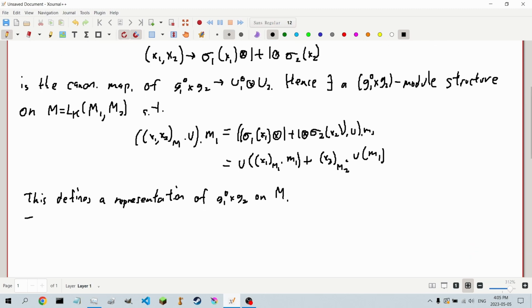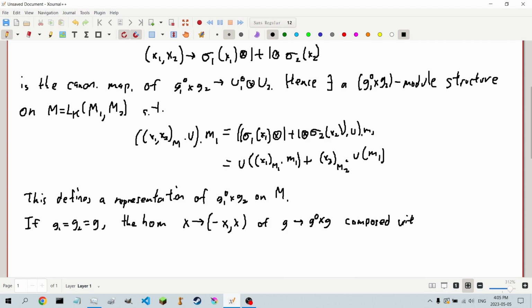Now, in our diagonal case, where G1 is equal to G2, which we're just going to call G, then the homomorphism, which, keep in mind, is the diagonal map where the left side is the opposite, so it's going to send x to negative x comma x, or G into G opposite times G. Of course, this is then going to act with the above representation, which defines a representation of G on M, and so a G module structure of M,